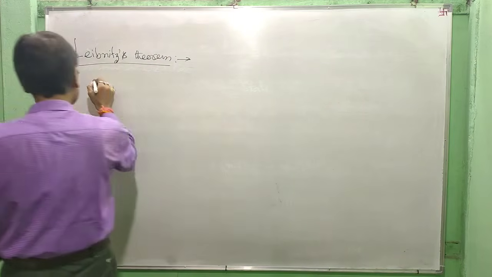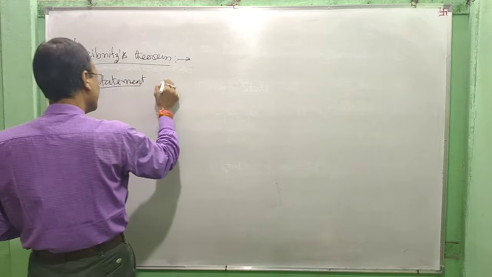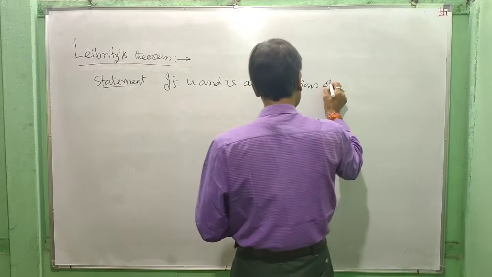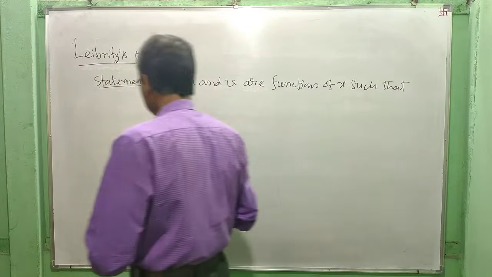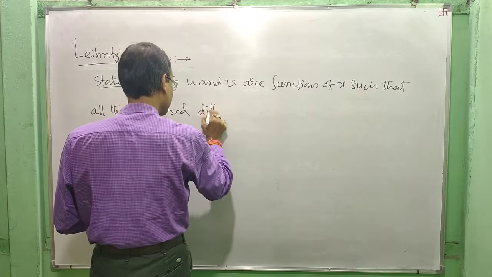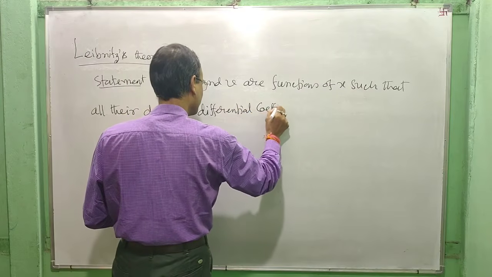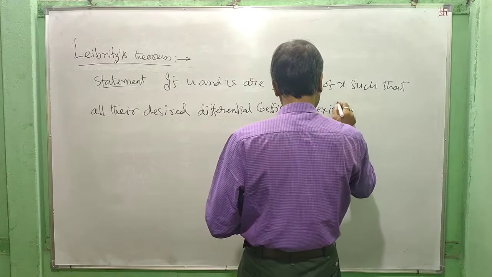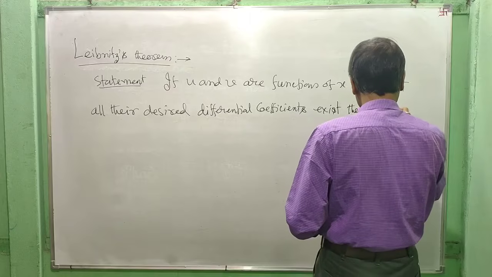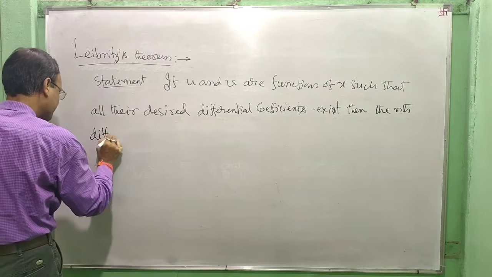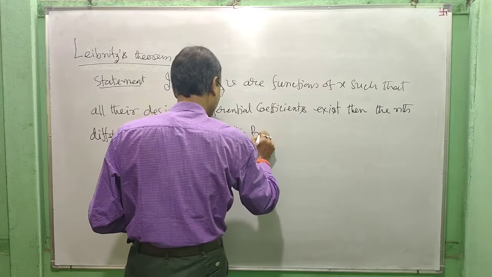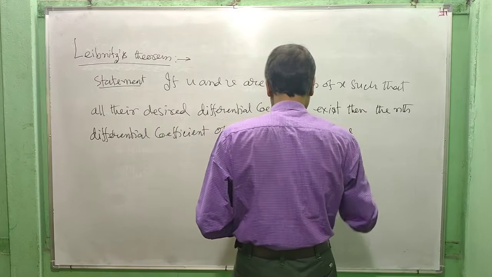Leibniz theorem, the statement. If u and v are functions of x such that all their desired differential coefficients exist, then the nth derivative, nth differential coefficient of the product of u and v is given by